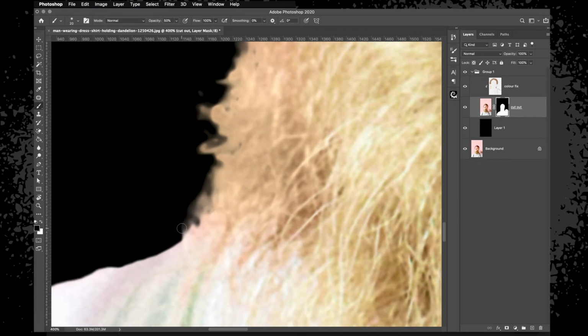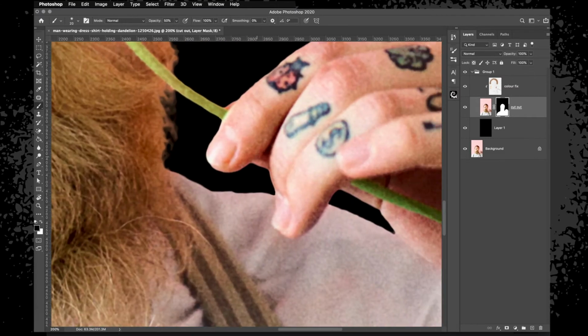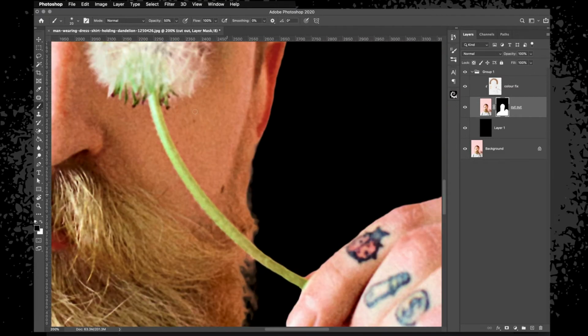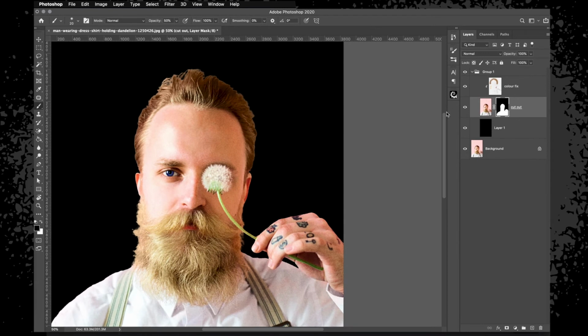Any other parts, they're quite okay to me. Even the little wispy part there, okay, because it adds to the realism. So, once again, take that away a little bit. And overall, I think that works okay for me. So,